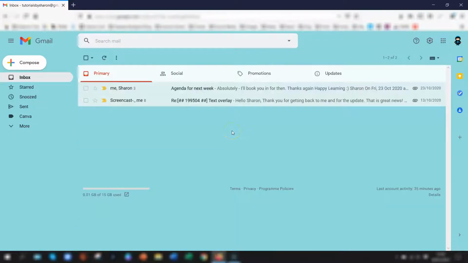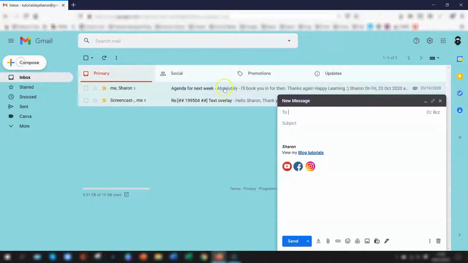So to create a new template, firstly compose a new email like you would do normally. Go to Compose and use the wording that you want to use in the actual template itself. Now, a quick note here, if you have an email signature set up already, like I have here, then you need to delete it from this particular email. Because you're going to save it as a template, you'll end up with two signatures when you actually come to inserting a new template. So if we just select this and delete everything here. So I'll just quickly type out an email regarding an inquiry that's come in.